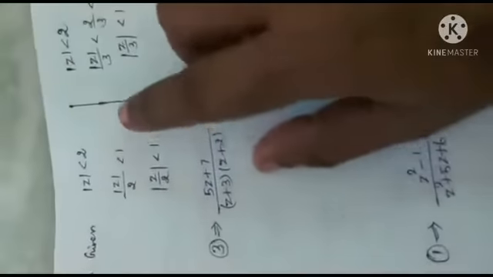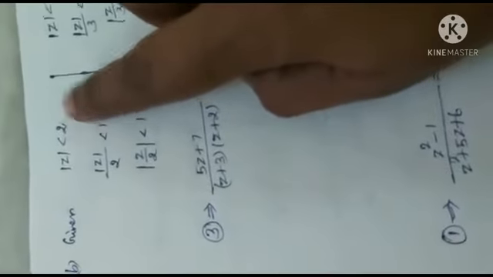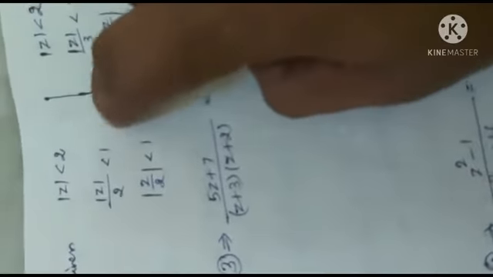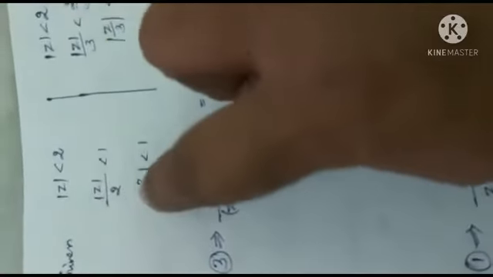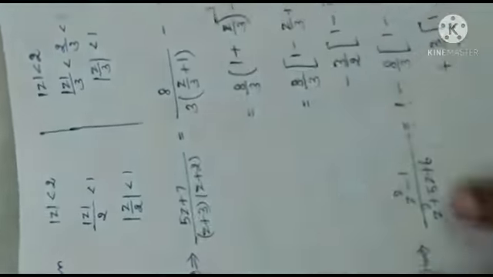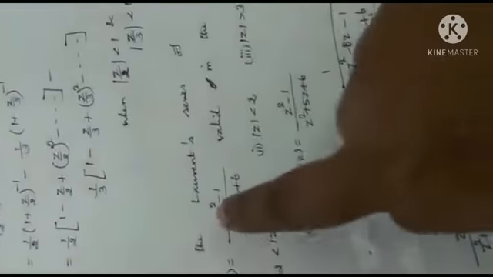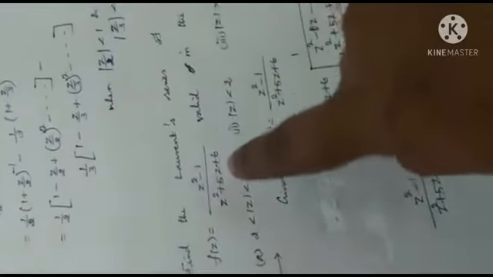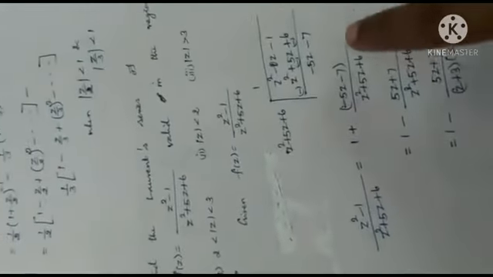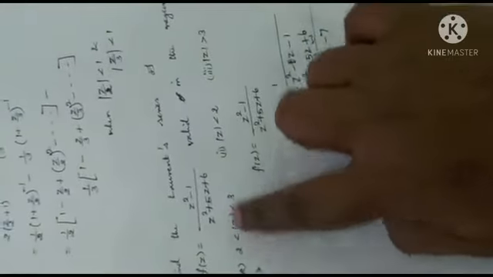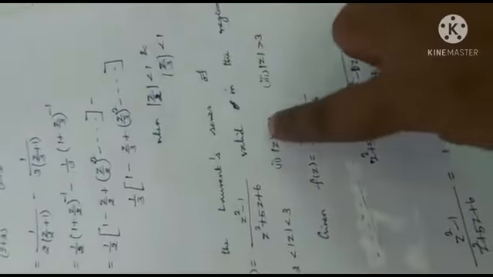See, second subdivision: modulus of z less than 2. Since to use binomial expansion, less than 1 is the inequality needed, let us divide both sides by 2. So modulus of z by 2 less than 1. So you have to do 3 subdivisions. For this function, for 3 different regions, you should expand it as a series. See, first one over, right? For the first one, it was very easy. We have got modulus of x for both terms. But here, listen, second subdivision: with this, we have to get for both terms mod z less than 2.